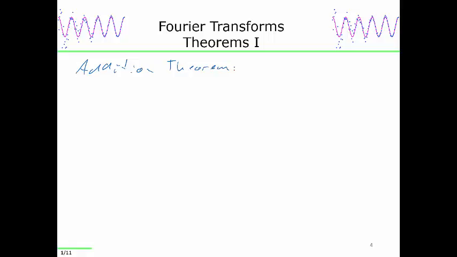This one is almost as trivially easy as the last one. And that's basically, if I have 2 Fourier transform pairs, then the sum and the difference correspond to the sum and difference in the Fourier domain. So let's just do this. If I have f1 of t plus or minus f2 of t, and I Fourier transform that, then what does that look like? That's going to be the integral from negative infinity to infinity of